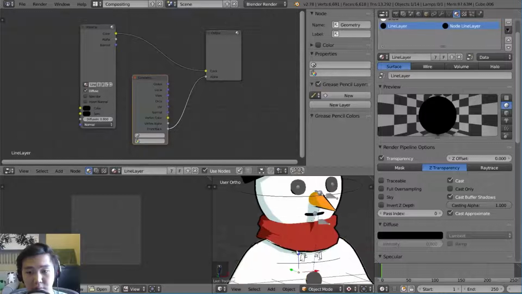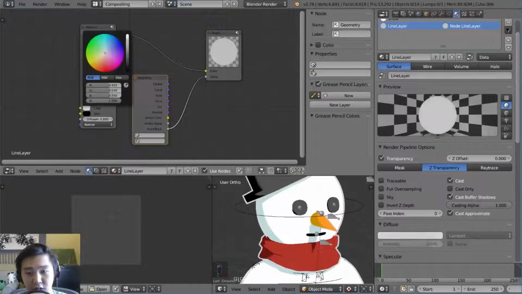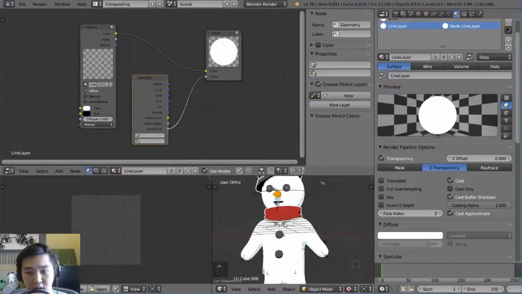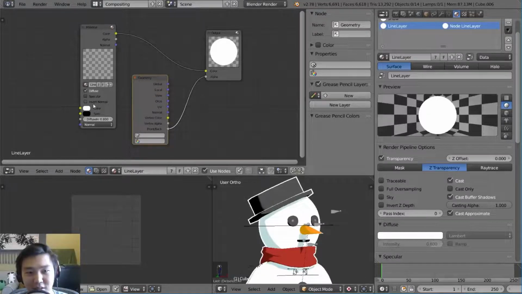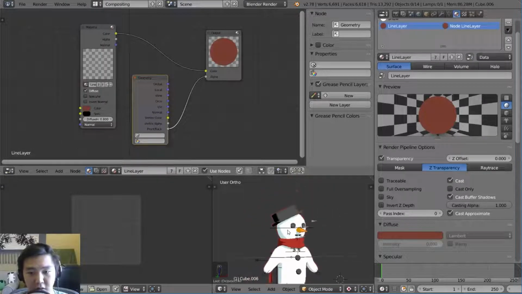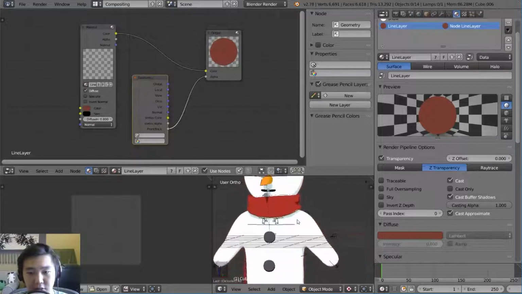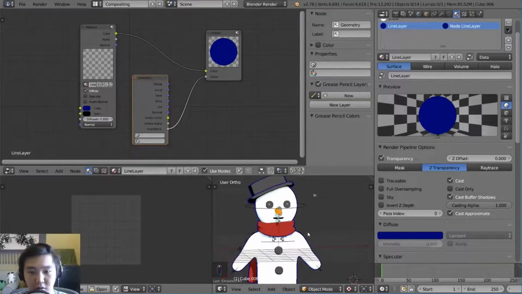If you notice, every single one of these line layers is sharing the same color, which is black. And if I change this to white, you can see that we get a pretty cool effect there. But truth be told, I think personally that each mesh should have its own outline color. As you can see, red looks pretty weird on everything. You don't want to share the colors, but some colors will look better on others.